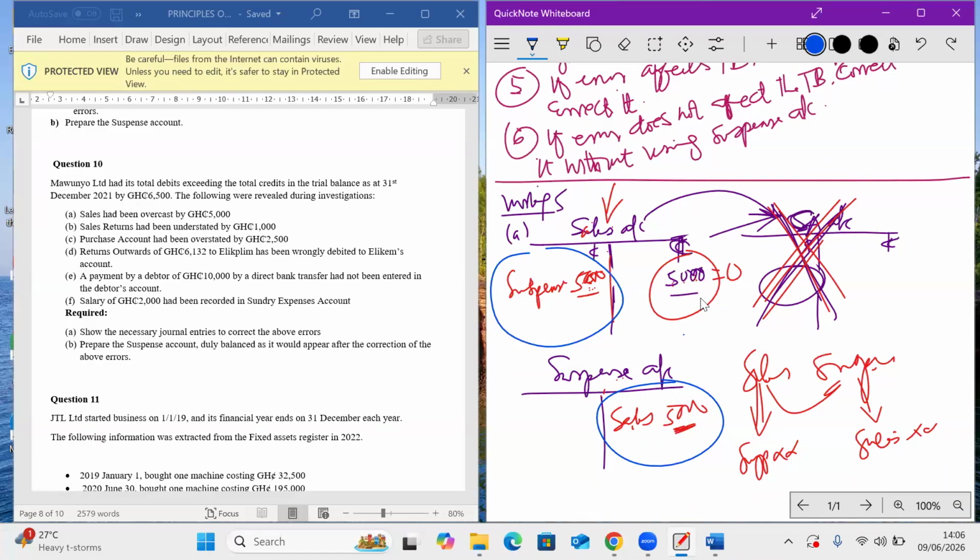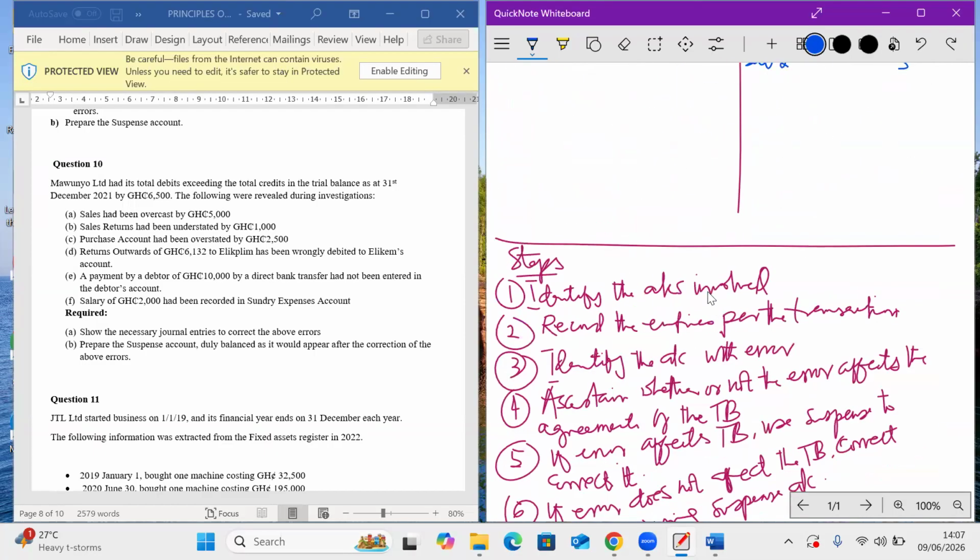Sales. The sales account has a debit entry, right? Yes. And the suspense has a credit entry, right? Yes. So I go up here,